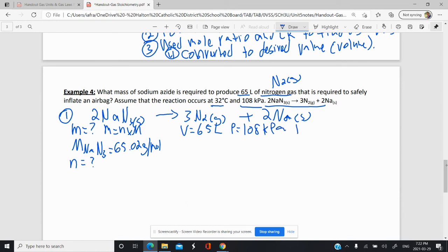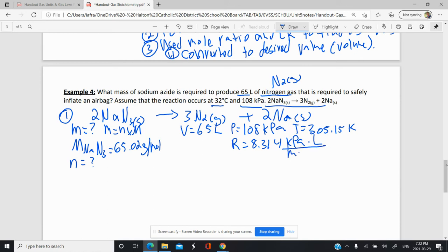We have the temperature, which is 273.15 plus 32 degrees Celsius, because it has to be in Kelvin. So that's 305.15 Kelvin. We also have the R value, which is 8.314